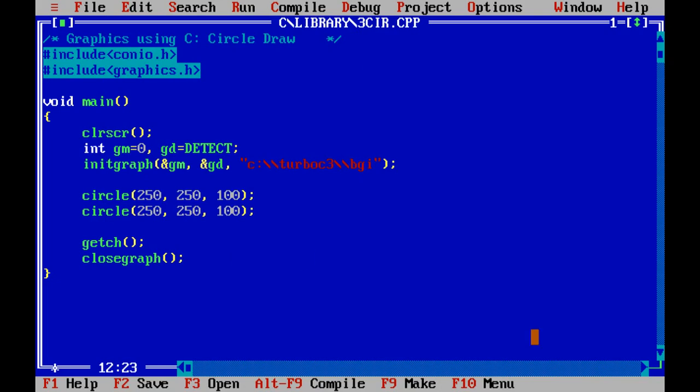I just change the radius. These two circles are concentric. That means the centers of those two circles are the same. Only the radii are different. So two concentric circles are drawn.